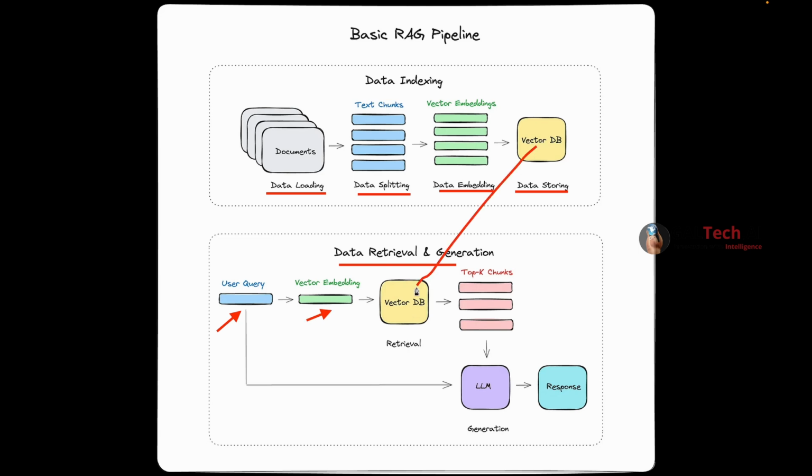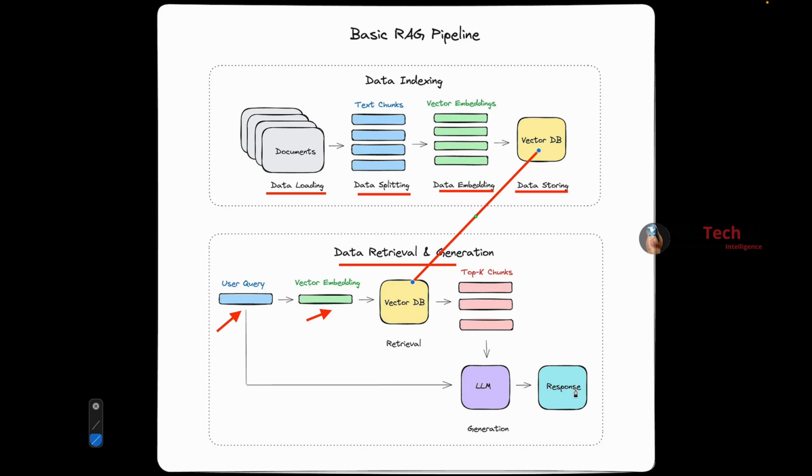So this is the vector database that we have. We already have all the information over there. Now it searches the vector database for the required information, and then based on that, it returns the top chunks that actually match our query. Now these top chunks are then added as an input to an LLM. The LLM combines the user query and the inputs from the vector database and creates a new smart response for the user. This is the basic workflow of how a RAG system works.